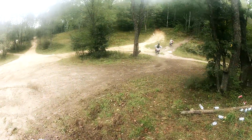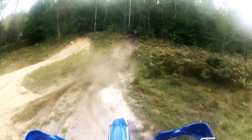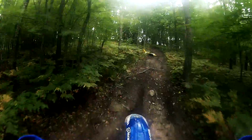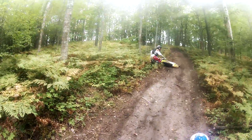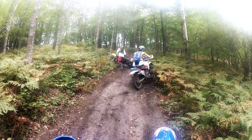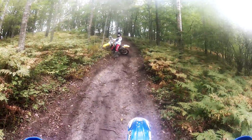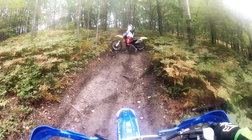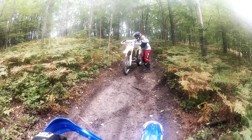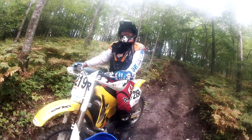Alright, so leaving the scramble climb area, following Zach up this hill. He gets a little crazy too. He hits a rut, he goes flying over the side, and I don't know. It looks like he went down before his chest came in contact with the tree, so that's good. Doug goes up past us. But coming up next to Zach, of course, the first thing he wants to know is, did I get it on video? I was a little ways away, but...